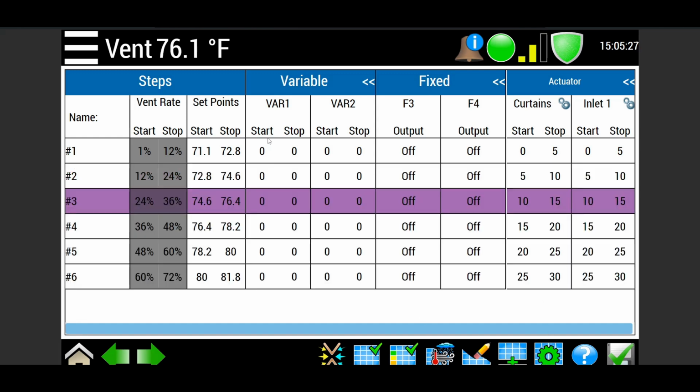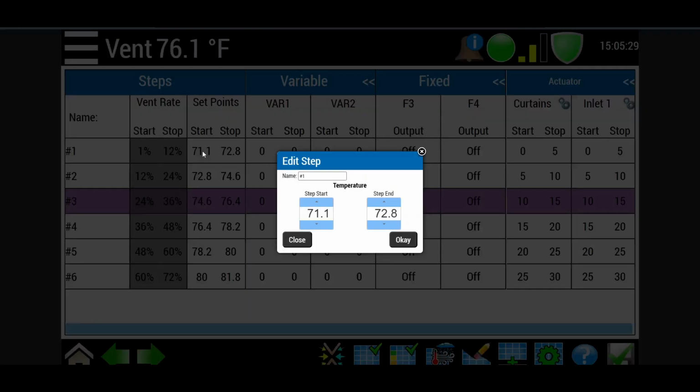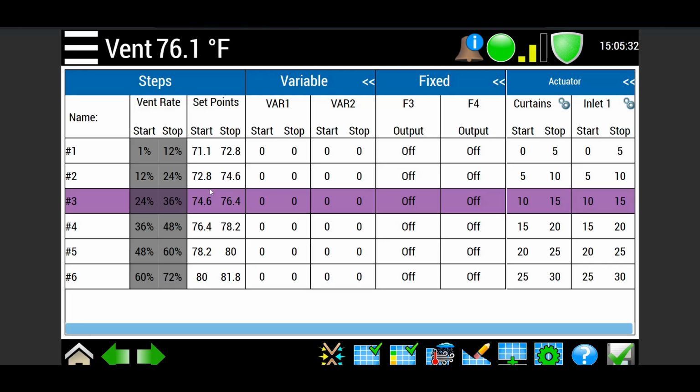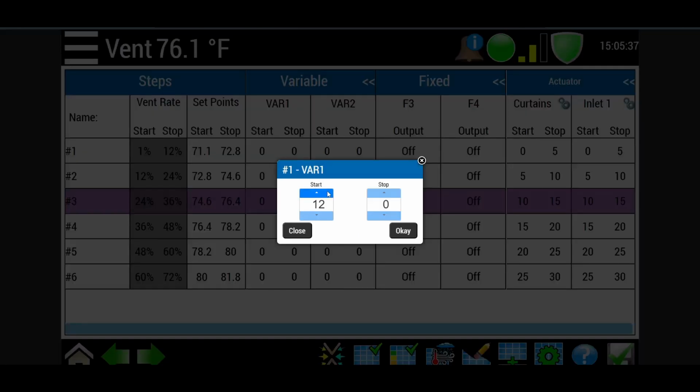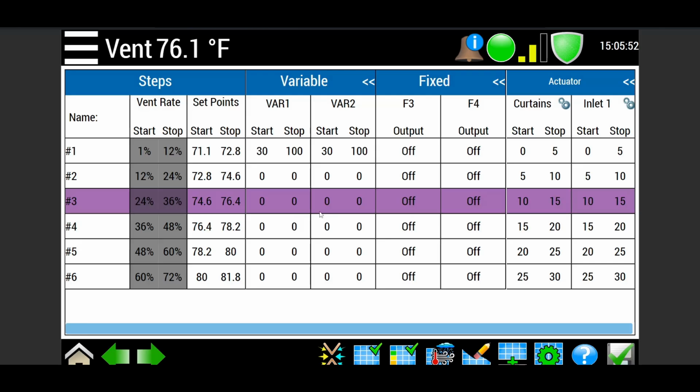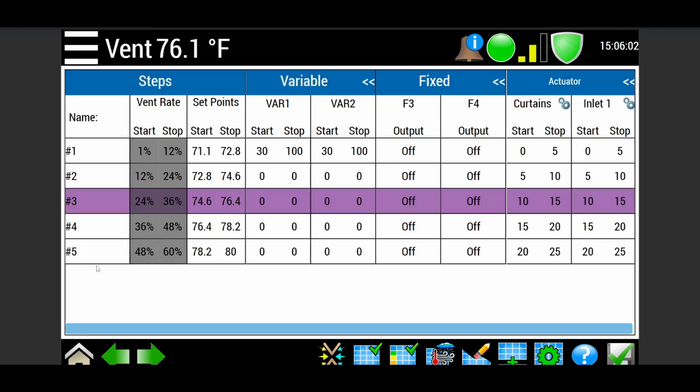So if I were to just add my 6 steps and then set up my set points for all of them exactly how I want, and then I start going in and setting up my idle ventilation, what I want my minimum ventilation to be, how I want my fans to ramp, right? I've got to wait. The spinners move decently fast, but you've got to wait for it to go and go and go. And okay, we're at 100. Now, oftentimes we're going to build on what the previous step had. And so, really, if I just delete these guys,